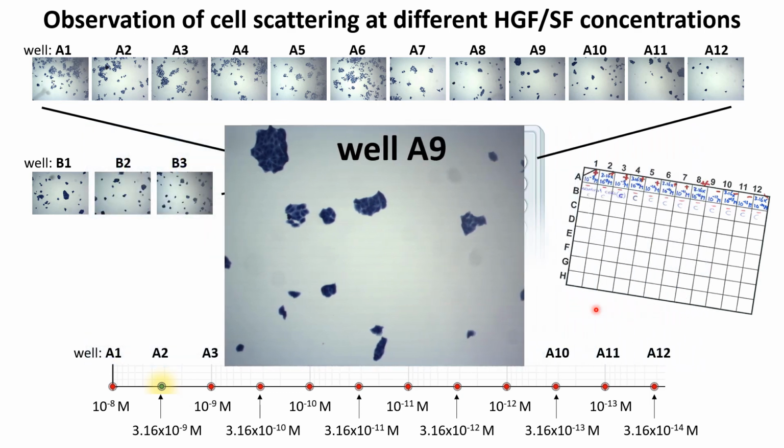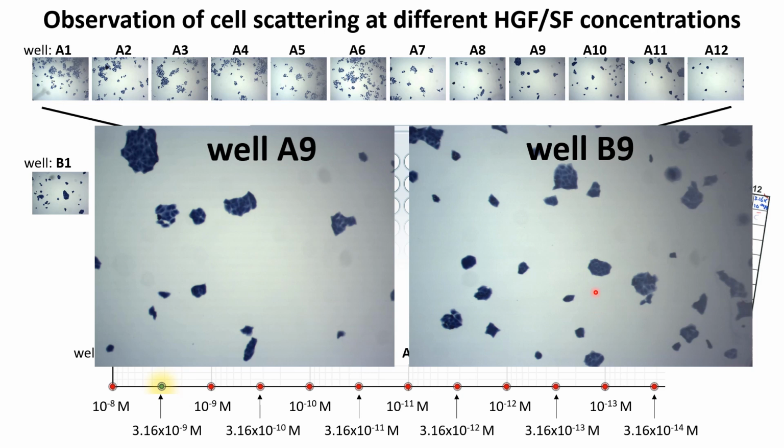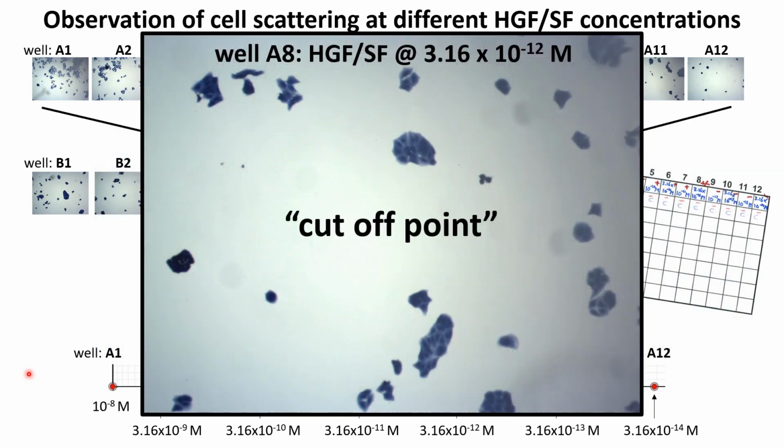So how does well A9 compare to well B9? Well, you really see that B9 and non-stimulated cells form these very tight colonies, but in my view they are pretty similar to A9. So as you did, A9 is negative, as are the cells in row B. So you can conclude that well A8 is probably where you lose activity, and you can label it as plus minus. Sometimes I would write plus dash minus minus to show that we're really very close to losing all the activity. It really doesn't matter much, but